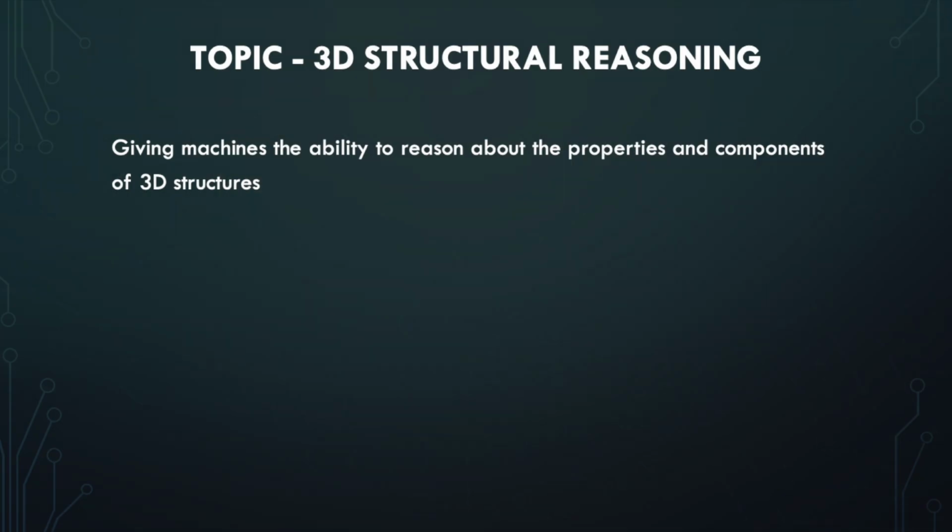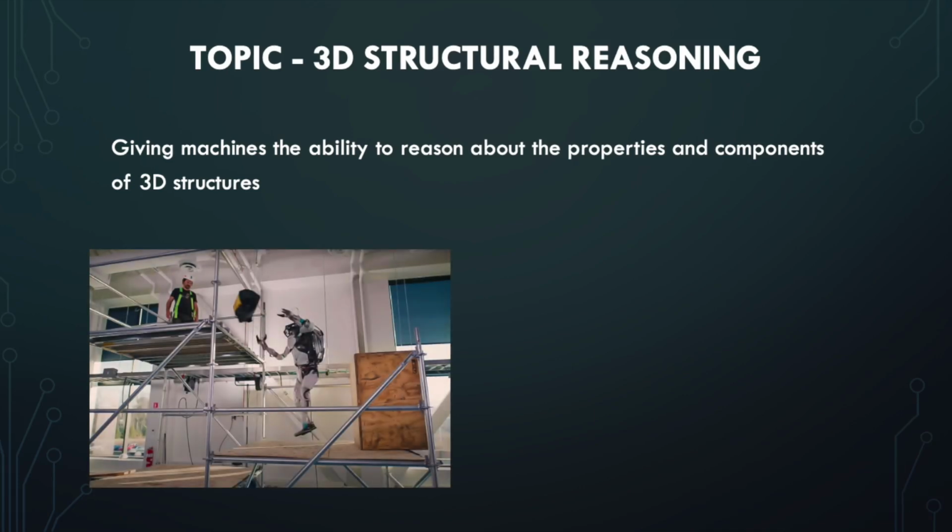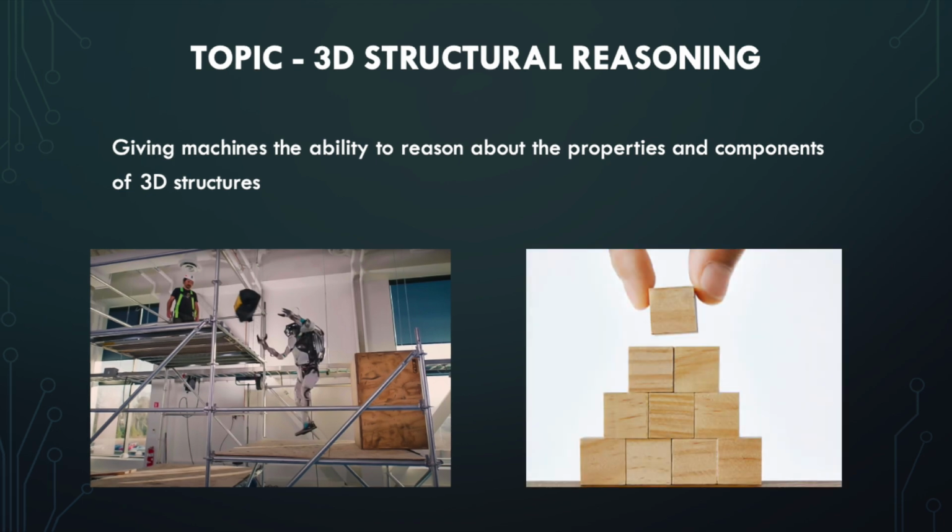3D structural reasoning is an interesting and challenging problem in computer science. It involves giving machines the ability to interpret and reason about the properties and components of 3D structures. 3D structural reasoning encompasses various sub-areas in technology. However, our research specifically focuses on the area of enabling a model to comprehend how components of a structure fit